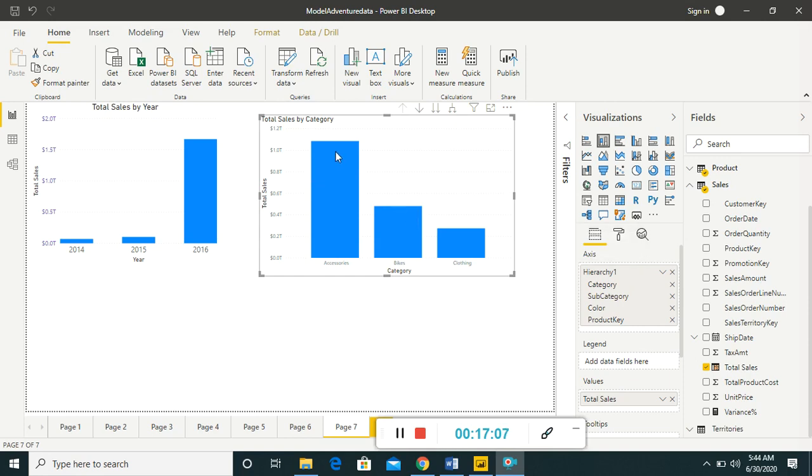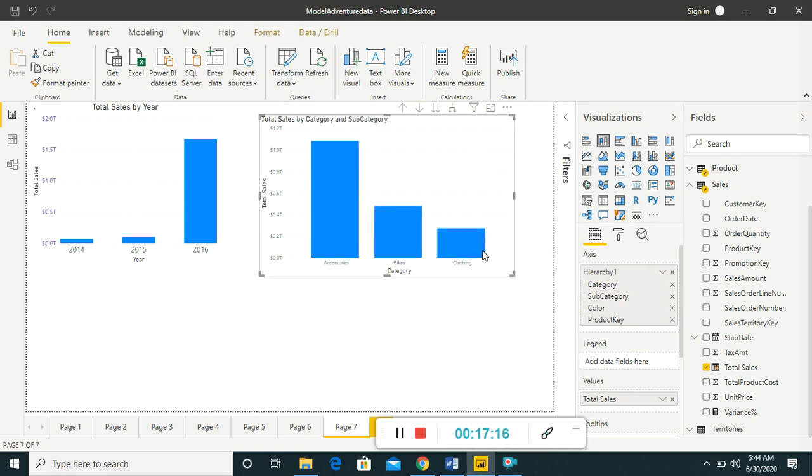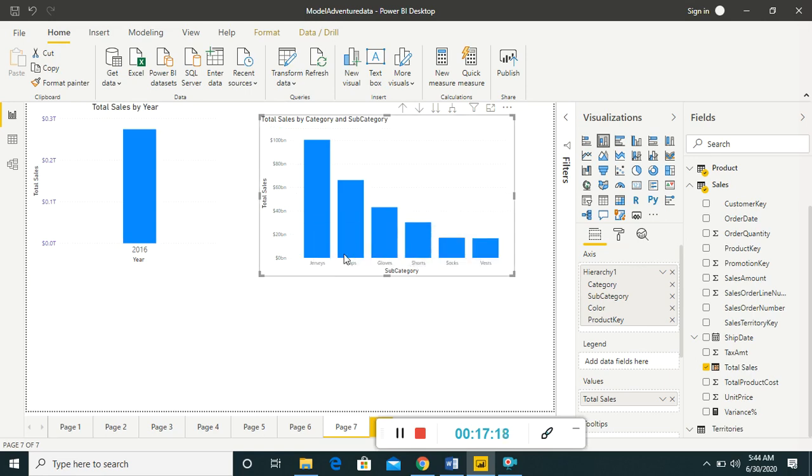If I want to move down in the hierarchy, then there is subcategory. So let's explore clothing and drill down. So now total sales by category and subcategory. In clothes there are various subcategories, so it is showing the total sales in each subcategory of clothes. You can hover your mouse to see the information as well.